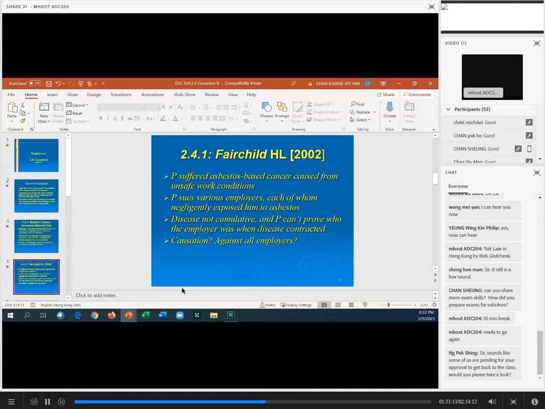Okay, so what happened is that the court found all of the employers liable. There were, I think, 2 or 3, so you divide up the damages amongst them. So there you are. It's an exceptional test. It's where the employee has a disease which is a cumulative disease. It's very difficult to strictly satisfy the but-for test, but the courts are looking to provide compensation to the employees.